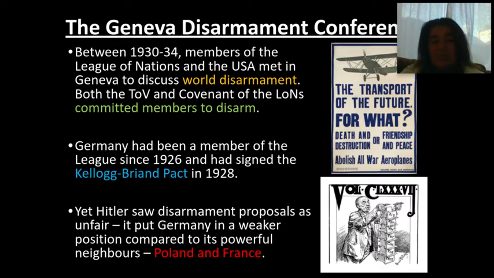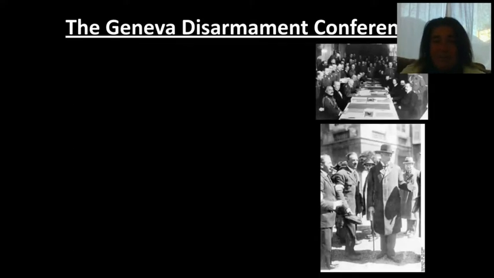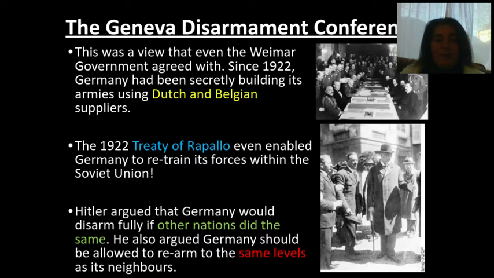Yet Hitler saw disarmament proposals as unfair. It put Germany in a weaker position compared to its powerful neighbors, Poland and France. So this Geneva conference was viewed by Germany like a problem. Yes, they were able to participate, and